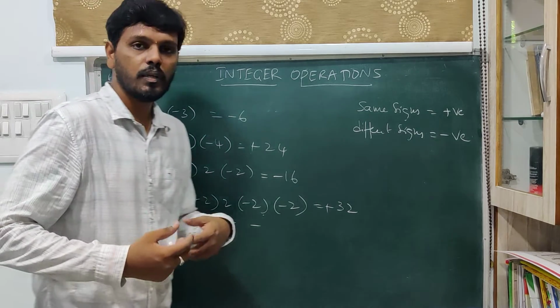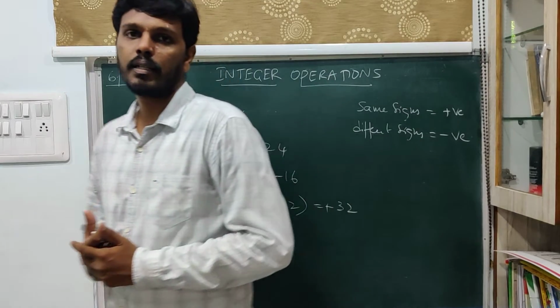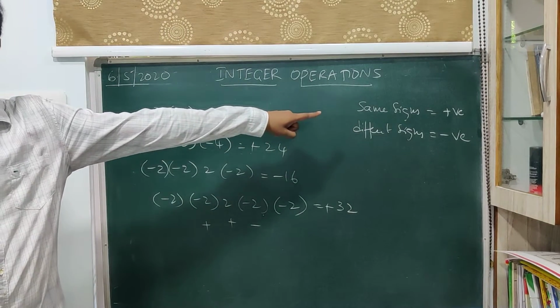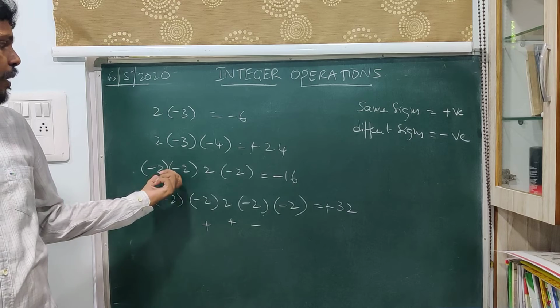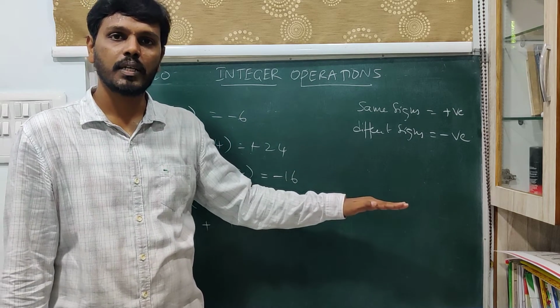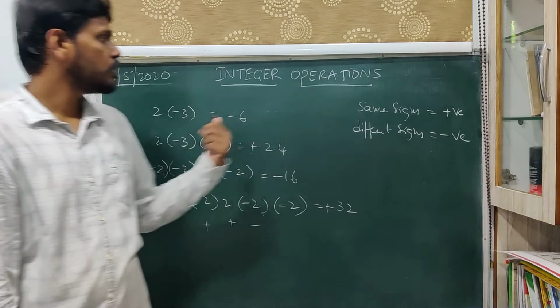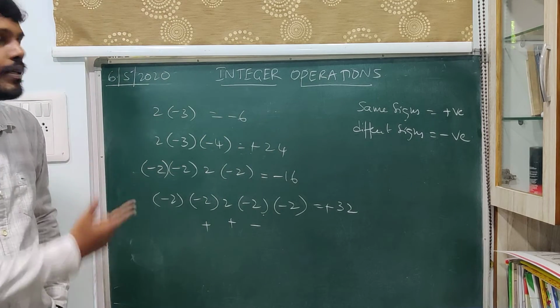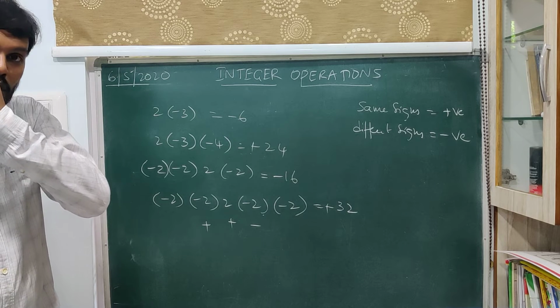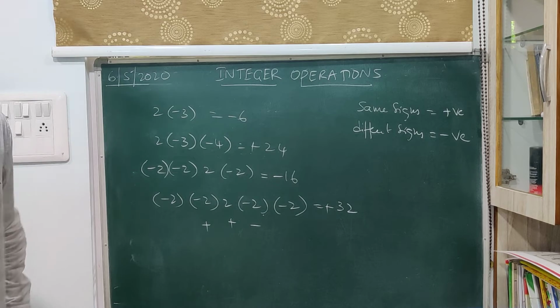So whenever you are given some integers to multiply, first you multiply the numericals and then follow this rule. And while you are following this rule, apply it for 2 numbers and extend it throughout your multiplication, and you will have an end result with the required sign. So this is the way we go about integer multiplication for any number of numbers to multiply. Now we move on to additions and subtractions.